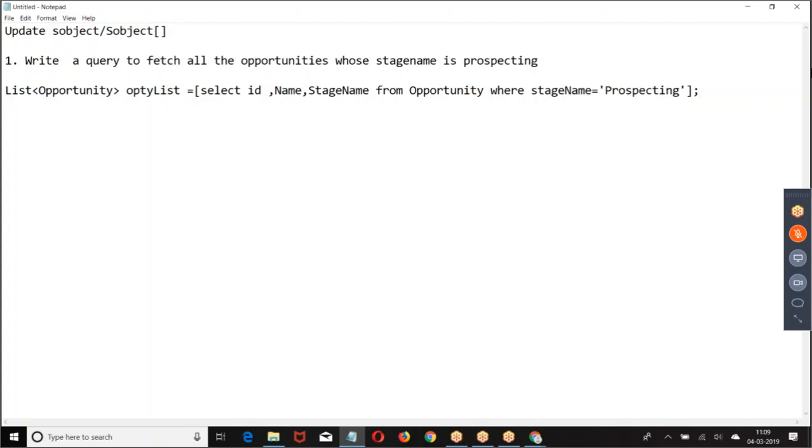So we are going to take for opportunity. I wrote a SQL query.